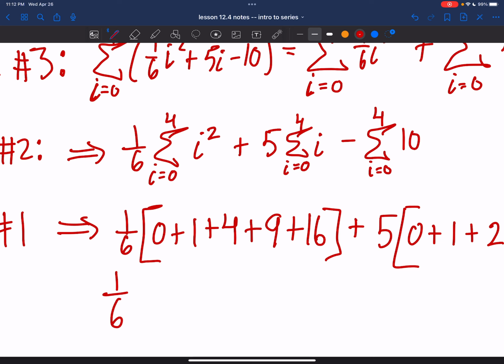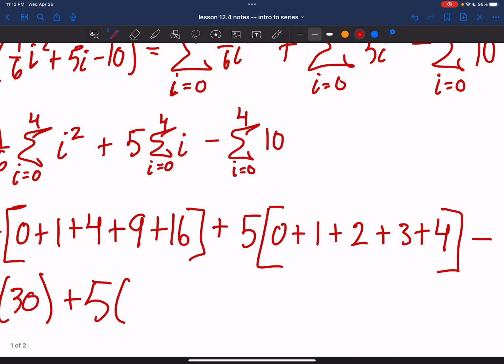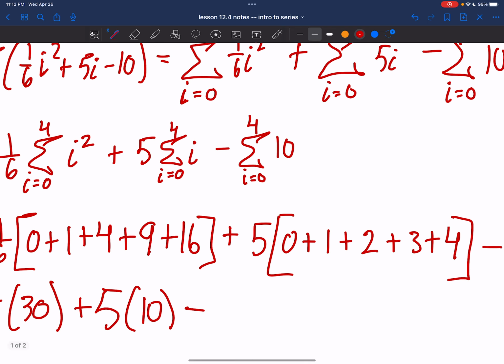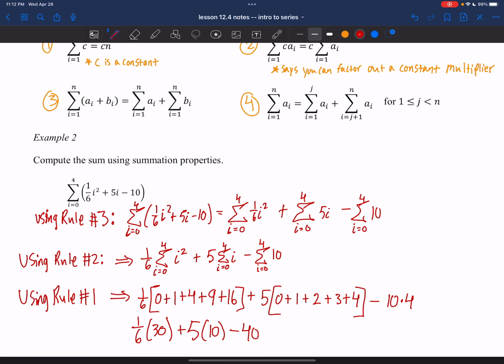So this is 1/6 times 1 plus 4 is 5, plus 9 is 14, plus 16 is 30, plus 5 times 0 plus 1 plus 2 plus 3, so that's 3, 6, 10, minus 10 times 4, that's 40, right? And then this just becomes 1/6 times 30 is 5, and 5 times 10 is 50, and then that's minus 40. So I should get,